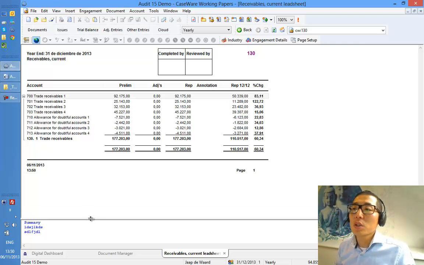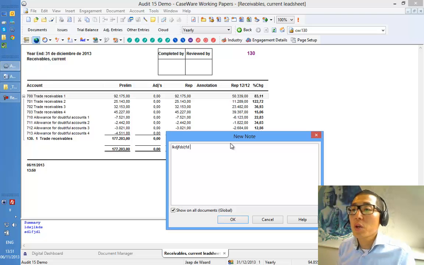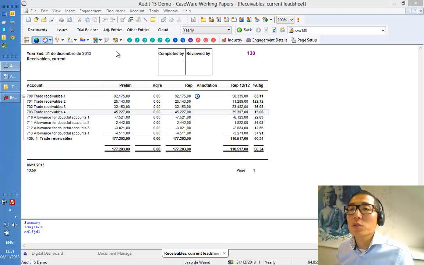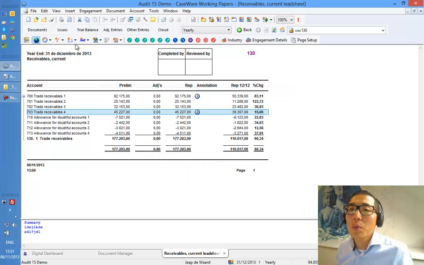If I'm doing an analytical review, I usually want to make some comments, want to add some notes. So let's say I'm comparing this to that. I could then use my annotations and say, okay, this amount has increased compared to last year. Sorry for the typing. That would just create a little quick note, and it would say who has created it, and if I hover over it, I get the explanation. It's very flexible. I can make as many notes as I want to. It automatically renumbers, so that makes it easy to work